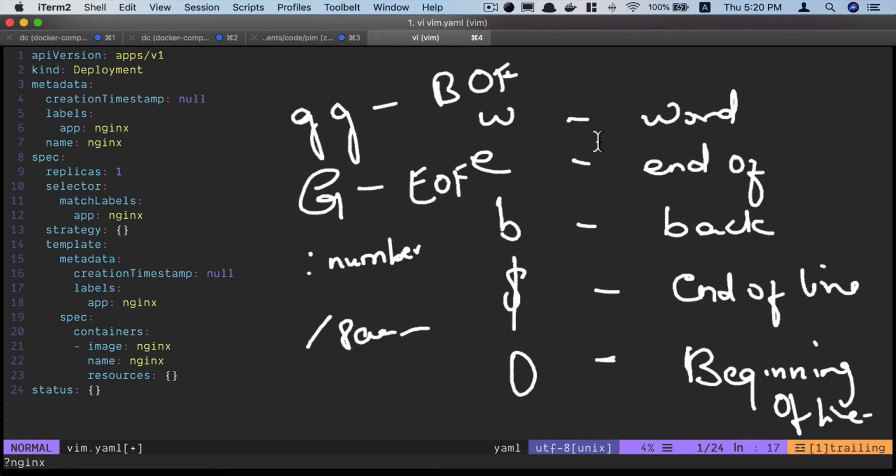And let's say I want to go to this V here. Now this is behind the cursor, so I can just use capital F and V. And now it jumped to that V. Once again, I want to go to the 1 here, and let's say I want to change something there, I can just do F1.